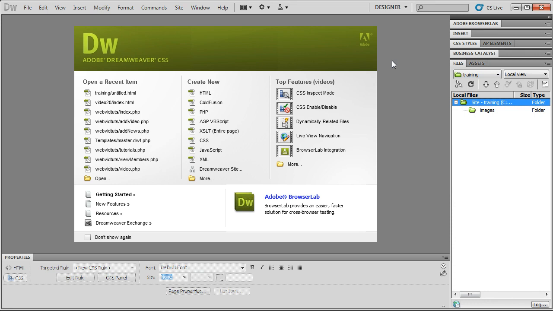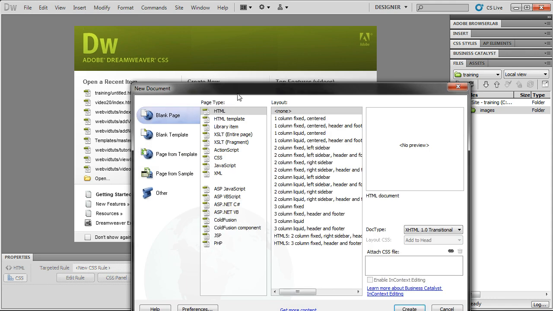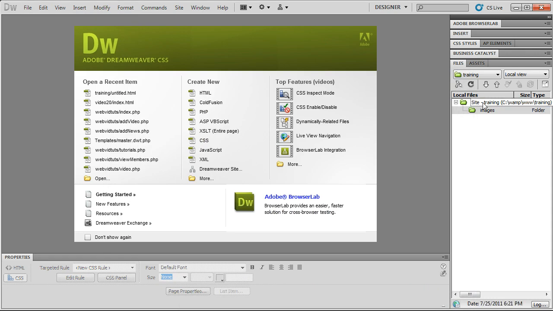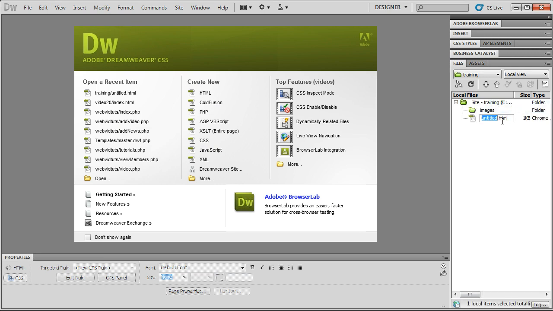So let's go ahead and say I want to make a new HTML page for our site. Let's go ahead and make the home page. What I can do is go right here to new and create a new HTML page like this, or I can just right click on this local files site right here and go to new file, and then it'll create a new page right here. And let's go ahead and name this